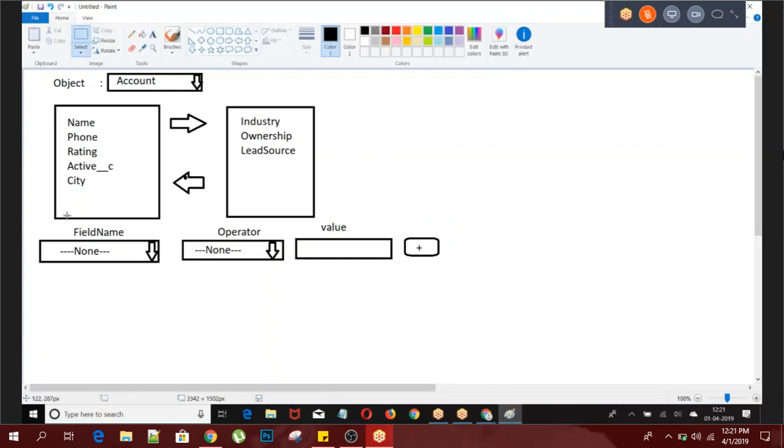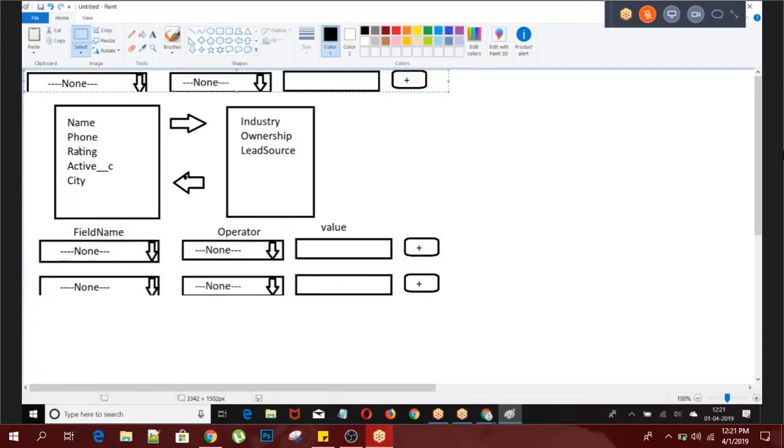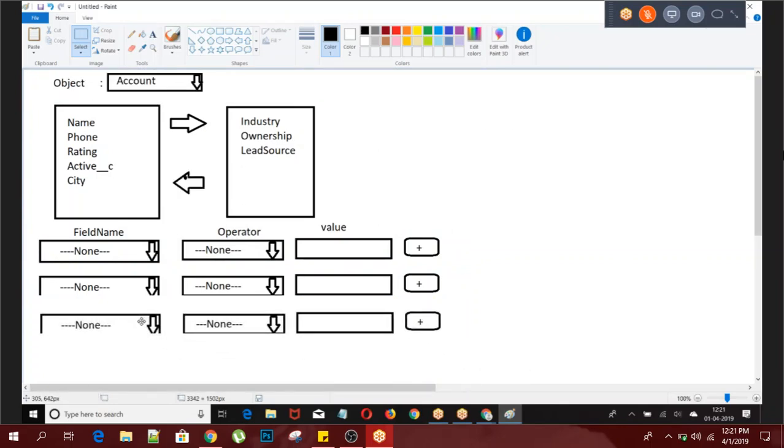When I click on the plus sign, now the query should be formed. Select industry, ownership, lead source from account where condition 1, condition 2, condition 3. That data should be displayed.